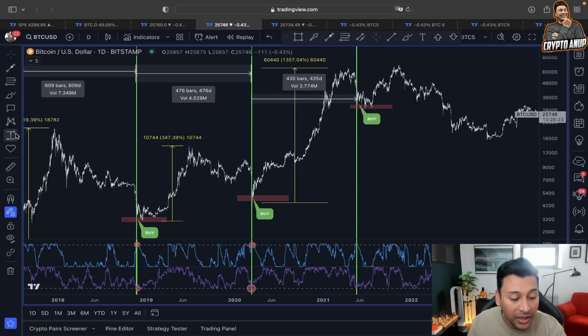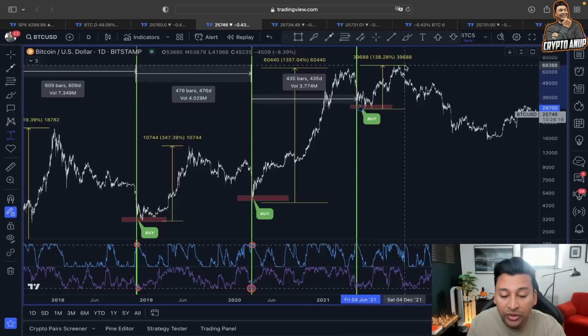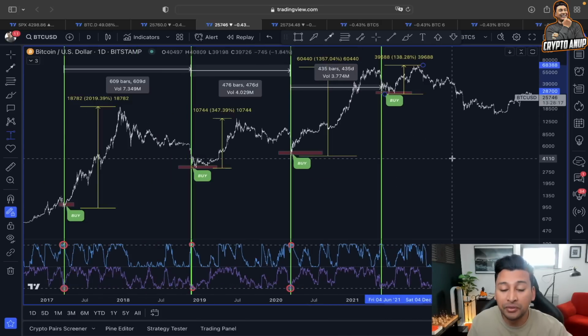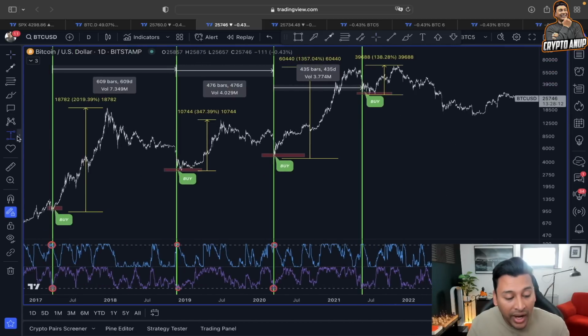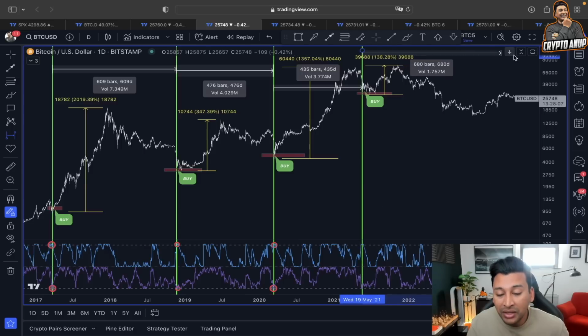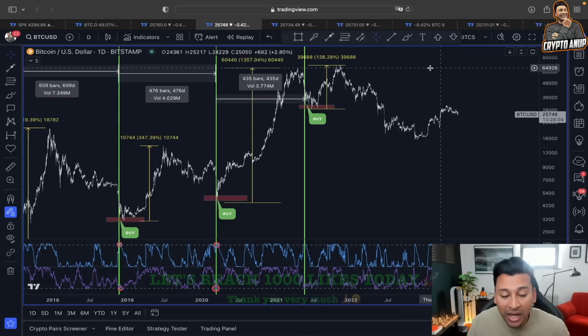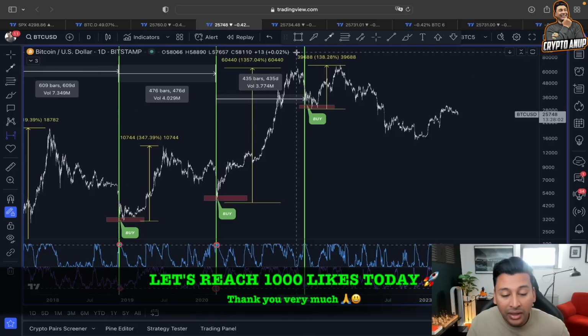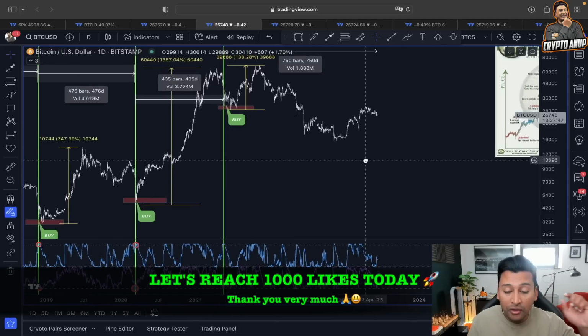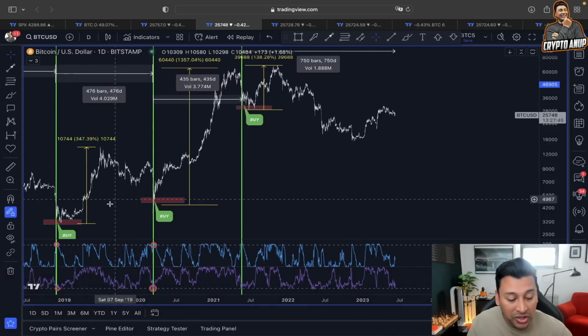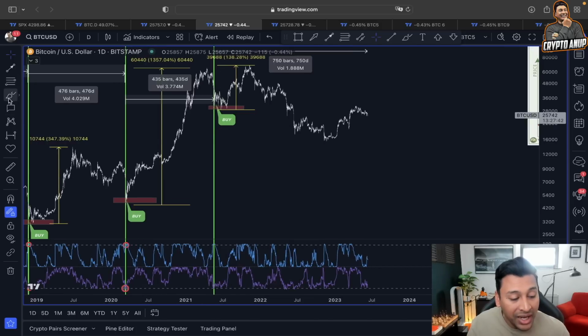And that was another very impulsive movement, 138%. But since then, you can see this indicator is very quiet. What does that mean? That means the market might not have found a bottom, right? This indicator, even after 750 days, is still remaining quiet. So for an actual buy signal to appear, just like in the past price action, we need